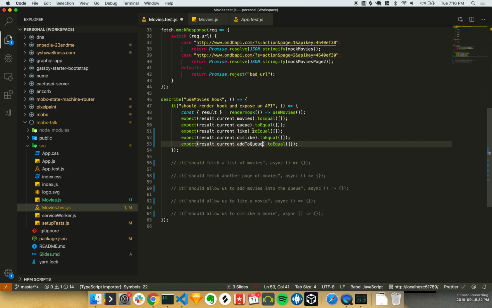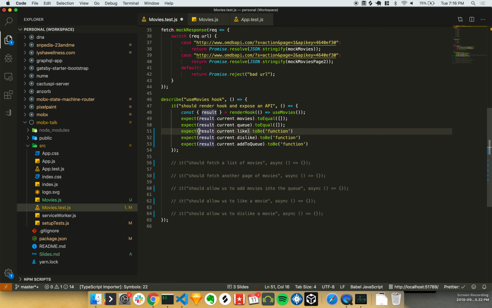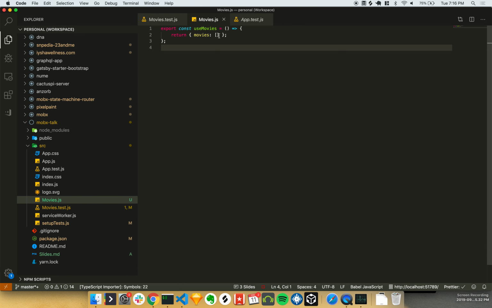And then we're going to take this, and we're going to do type off. Maybe there's a better way to do this, but that's what we're getting for now. And then we're going to type it out. Q, like,